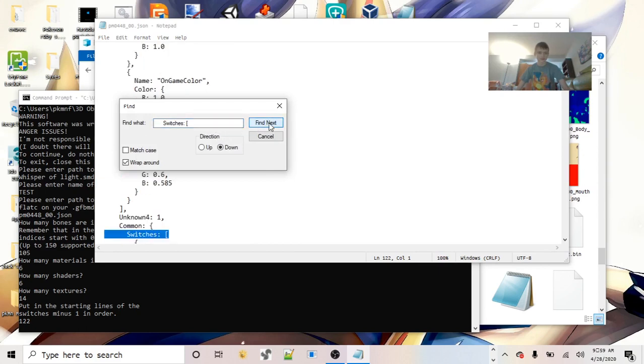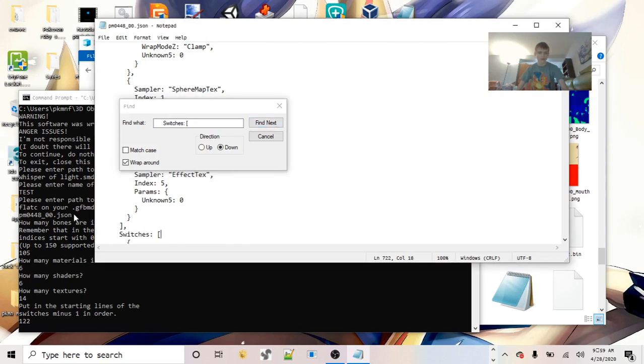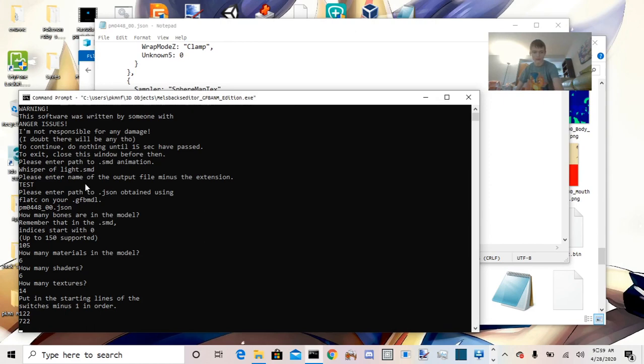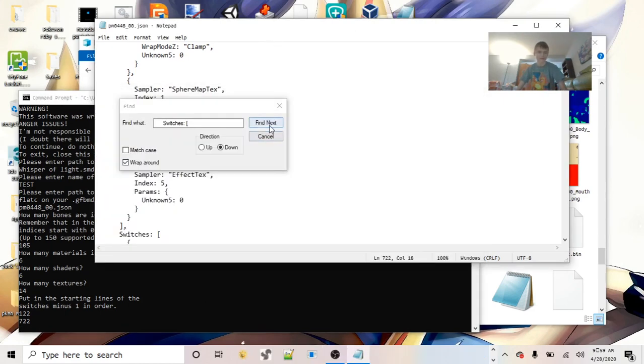next. Remember I said ignore the second one, the material, like Spanish subtitles. We only care about the first ones per material. No, I don't want to type that in. I want to type in the one for that one. Well, it's a really similar looking number, so I can see how it happened. Just replace one digit.